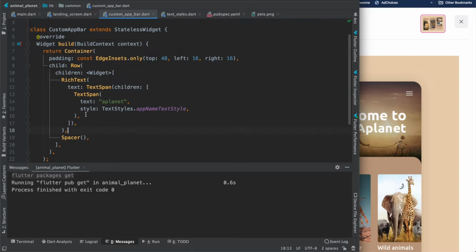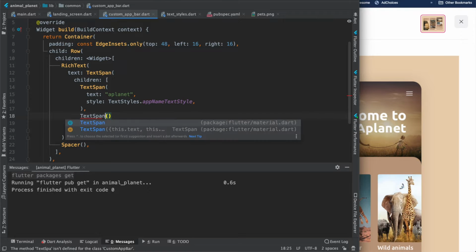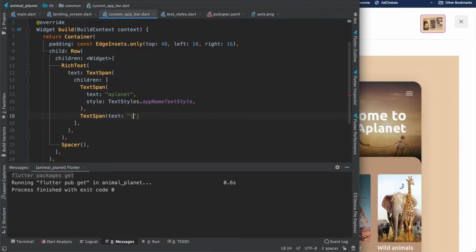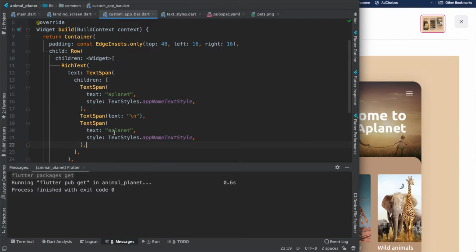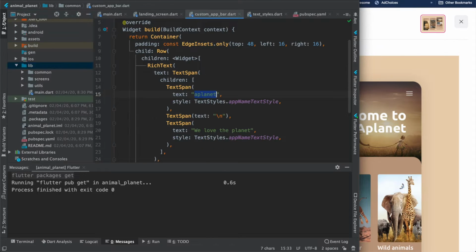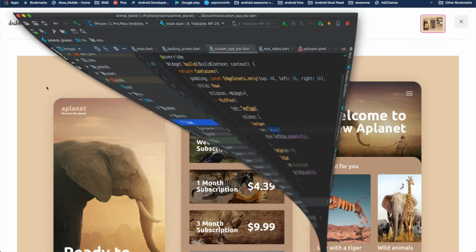Then after doing that we have added this text. Now we need to add a next line. So we are going to add this, which will add a next line to it, and then we need the tagline of the application, right? So the tagline is we love the planet. Now since we are using this string, why not move it to a utils directory. So let's create another